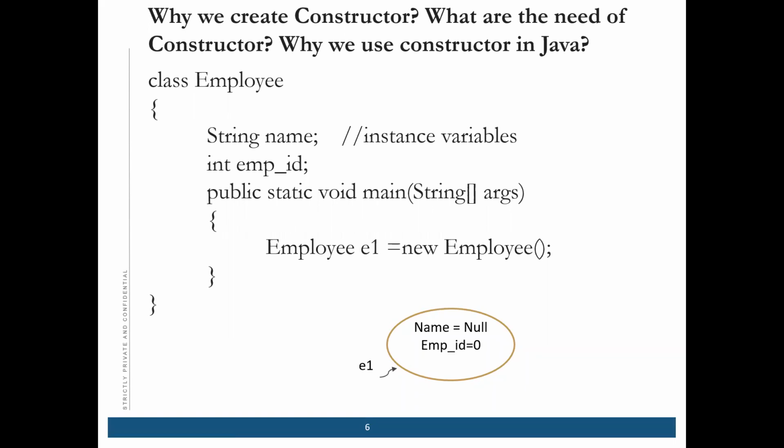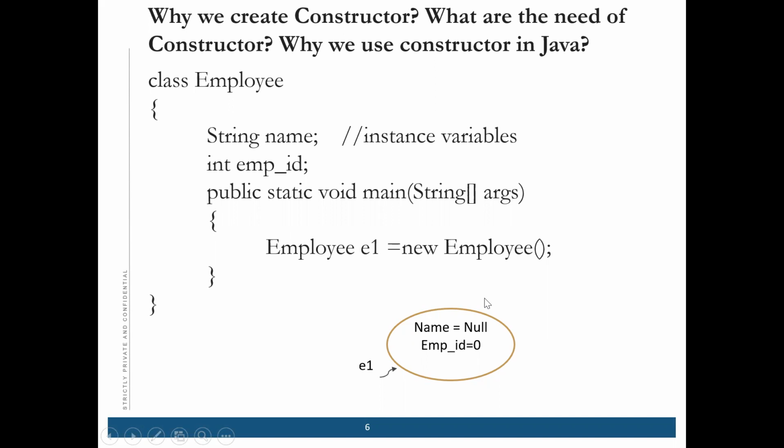Now, suppose you are in a company and there are, say, 500 employees in one company. What we want to do is store the name and employee ID of a person. So we create an object for that particular person and store the name as Chavi and employee ID as 101. This is the usual method we used to follow.